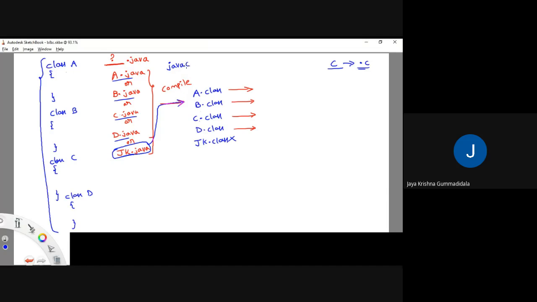Javac command, javac space Java source program, I mean, file name dot Java. Javac is a kind of command given by Java developers, used to compile the Java program. So how are we going to compile here? As I have said with jk.java, I am going to write javac space